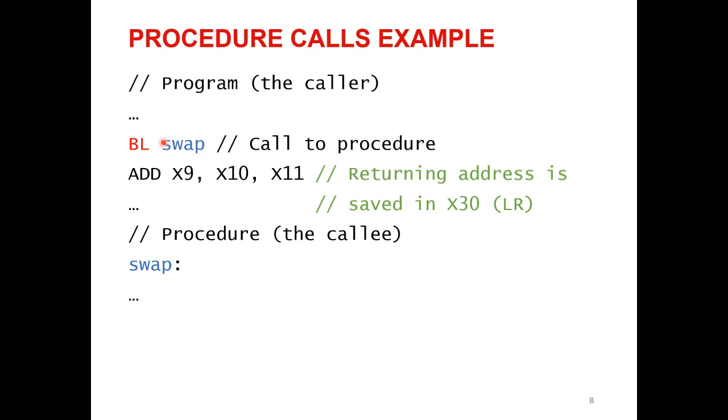So then from here, I jump to the procedure, I do what I want to do in the swap, and once I'm done, I return the control to continue the execution flow. I do this by using this BR instruction and the LR register. In the link register, remember that we have noted the address of this instruction. So what will happen here is that it will come back to this instruction. Okay.